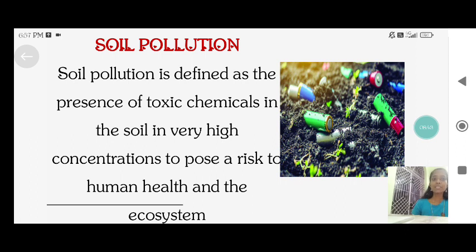So we have discussed pollution, pollutants, and the types of pollution. Pollution is the introduction of harmful substances or materials, and a pollutant means the material or substance which causes pollution. We also discussed the 4 types of pollution: air pollution, water pollution, noise pollution, and soil pollution. It is our duty to take preventive measures and also to control these pollutions in the environment.